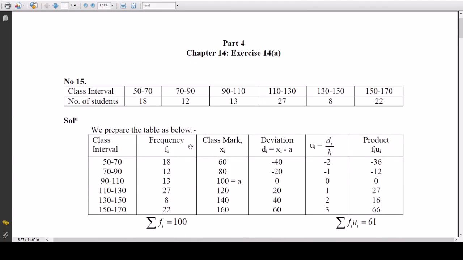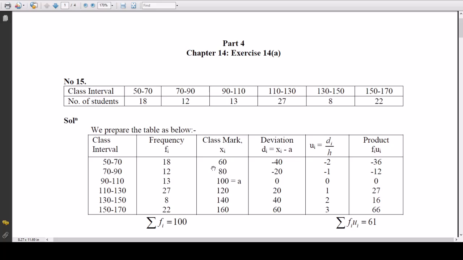In order to find the mean, we first have to prepare a table from the given data. For the class interval and frequency, we just copy from the given table itself: from 50 to 70 is 18, 70 to 90 is 12, 90 to 110 is 13, and so on. And for the class mark,